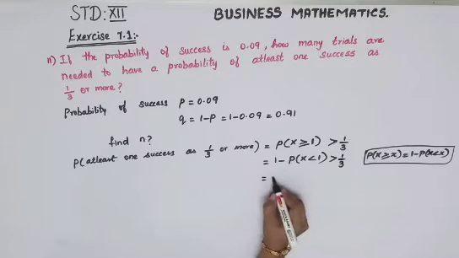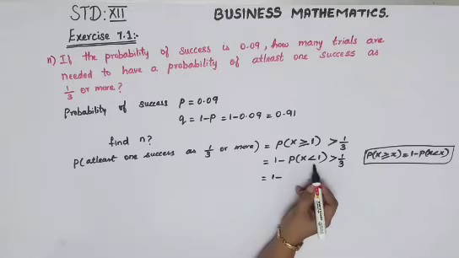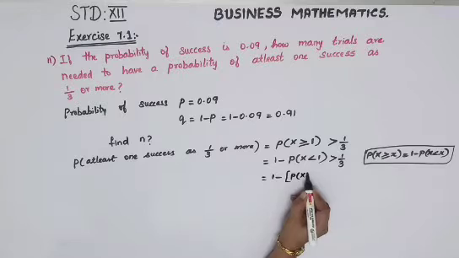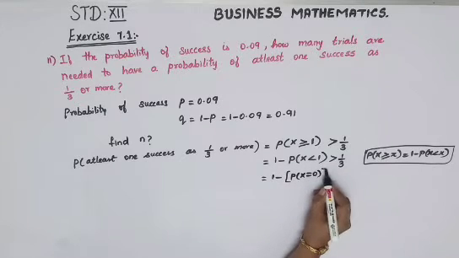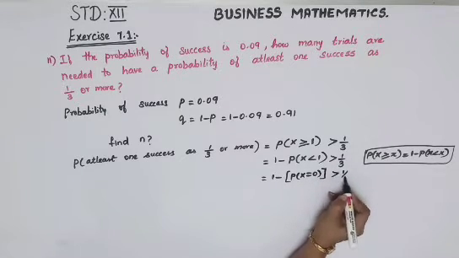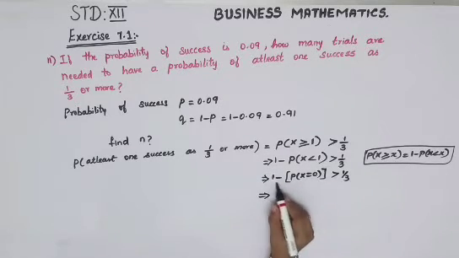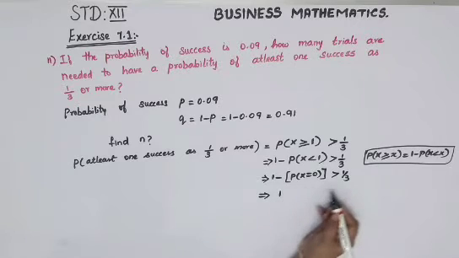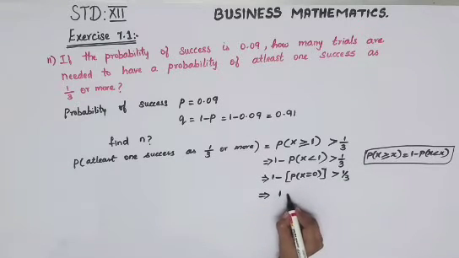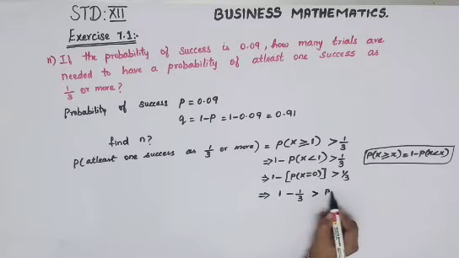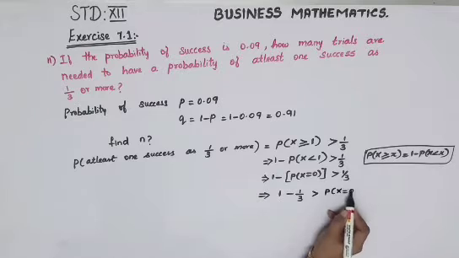So which is equal to 1 minus P of X less than 1, which means you will get only one condition, P of X is equal to 0, that is greater than 1 by 3. Which implies, I'll keep this 1 here itself, take this 1 by 3 towards this side, so it will become minus 1 by 3, which is greater than this whole part towards your right hand side. So this minus will become plus, and you'll get P of X is equal to 0.